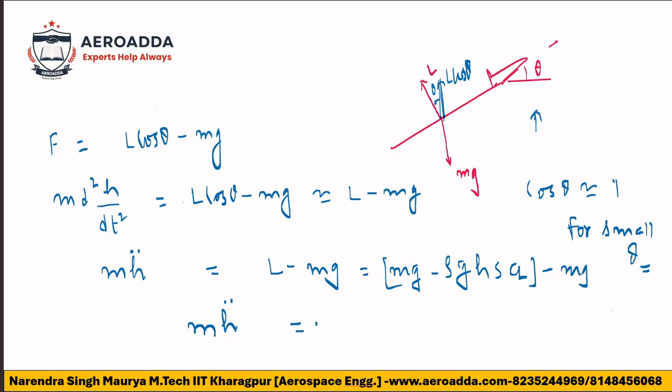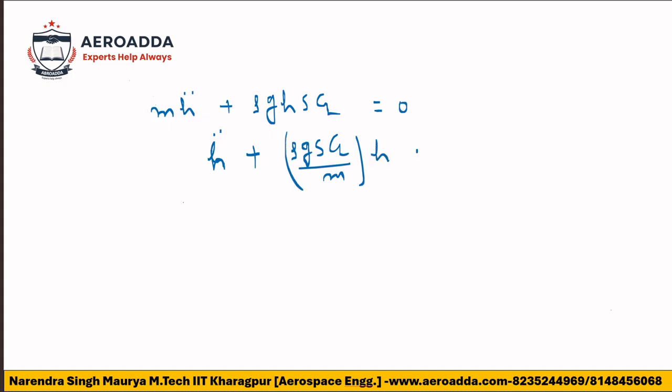M h double dot is equal to, mg cancels out. You will have a rho g h, right? H you can take to this side. What you will have is M h double dot plus rho g h s Cl. The problem is almost sorted. You can write h double dot divided by mass. It will be rho g s Cl divided by mass, equal to,